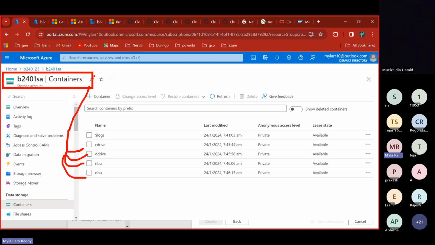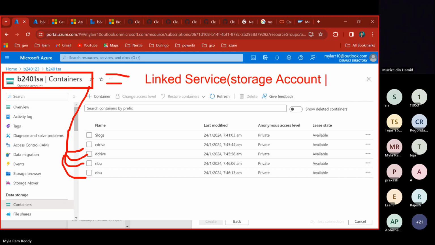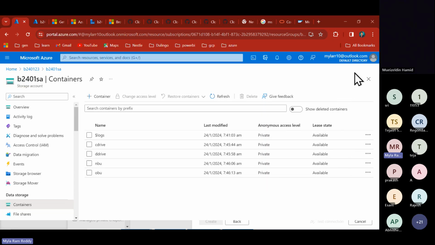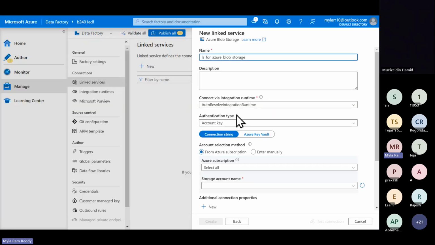At this level, we are trying to create a linked service. At what level are we creating the linked service? Storage account level. That is the reason that if you go here now and select in the drop down,